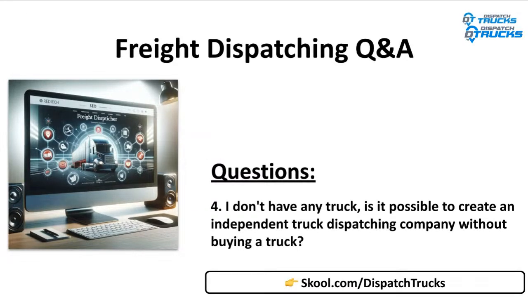So that means you don't need a truck, you don't need a trailer. Dispatchers use the carrier's equipment to deliver the freight, right? And again, you're not owning the freight. This load is not yours, no load is yours. It's basically the carrier who takes the responsibility of the load. So you're helping the carrier, and you don't need any MC, any DOT, or truck or equipment to run your independent freight dispatching agency. So hope that helps.